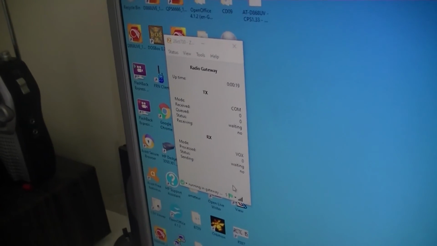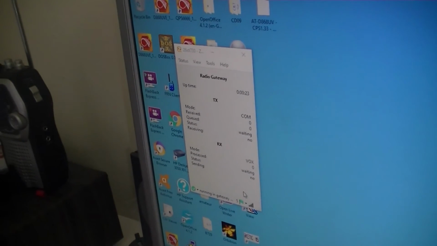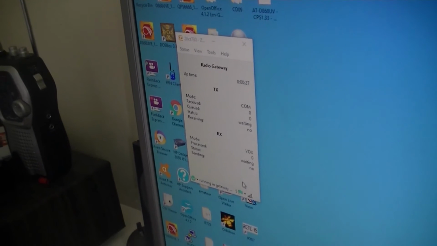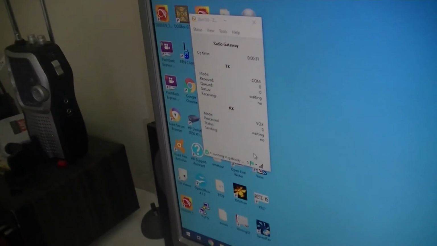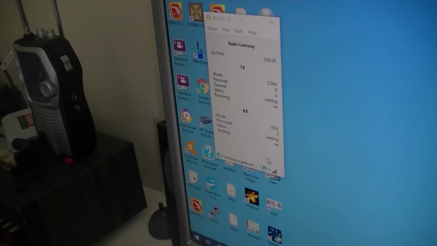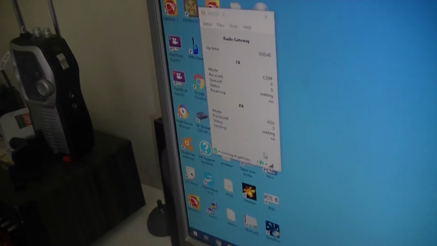You've got the uptime, which is how long it's been running for. The TX settings, which in this case is going over a COM port, what it's received, and what's in the queue, if there is anything in the queue. There is a status, and if it's receiving. And on receive, it's in Vox mode, and there's a list of what it's processing, what the status is, and if it's sending anything. Now,